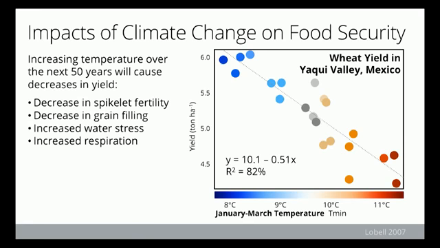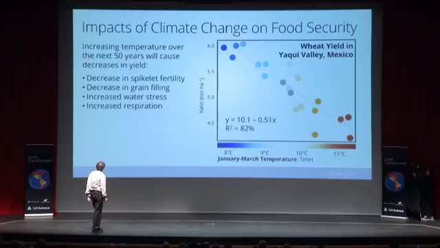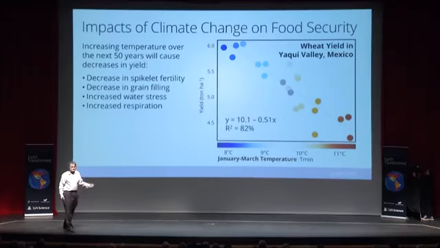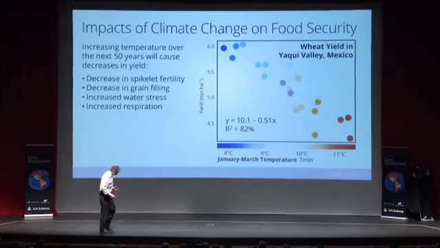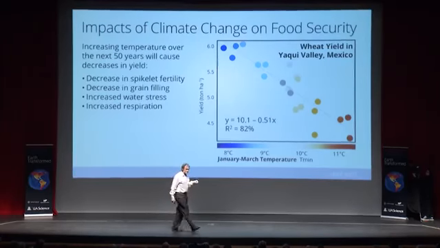If you're beyond the optimal temperature for growing a crop, then as you increase temperature, 4 different things happen. One is the plant grows faster and stops growing. All the grain fills out at the end of the growing, right? So basically, the amount of grain that actually is stored in the head is less when it's growing under hotter temperatures. It's also true that the spikelets that actually grow the grain are less fertile. It's also true that they have increased water stress, and they increase respiration faster than they increase photosynthesis. So there's lots of reasons why you expect this.